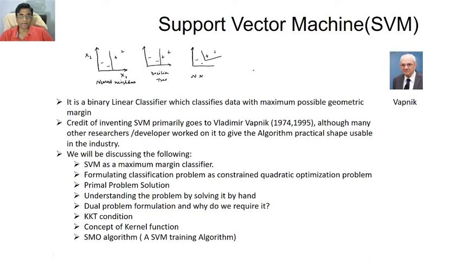Okay, and what is the characteristic feature here? You see, it's not guaranteed. You have drawn some decision boundary, a straight line here, but it is not guaranteed that it will